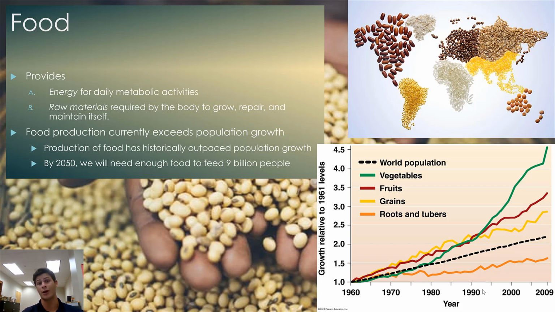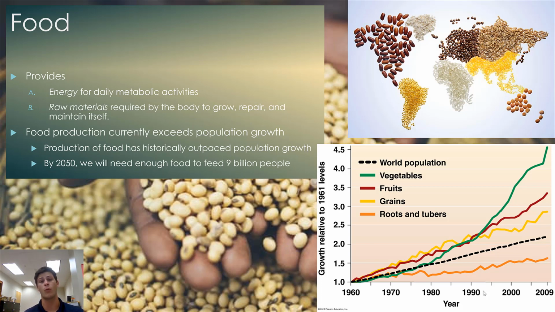Now that we have an idea of what food actually is, we can then look at rates of food production as well as food security. Currently, food production is outpacing human population growth, and historically this has always been the case. This is through a number of different factors, such as the agricultural revolution 10,000 years ago, the industrial revolution in the 1880s, and something called the green revolution that we're going to dive into in detail in a few slides. Because of these revolutions in food technology, such as resource extraction capabilities and the ability to synthesize fertilizers such as phosphorus and nitrogen, food production has always outpaced population growth.